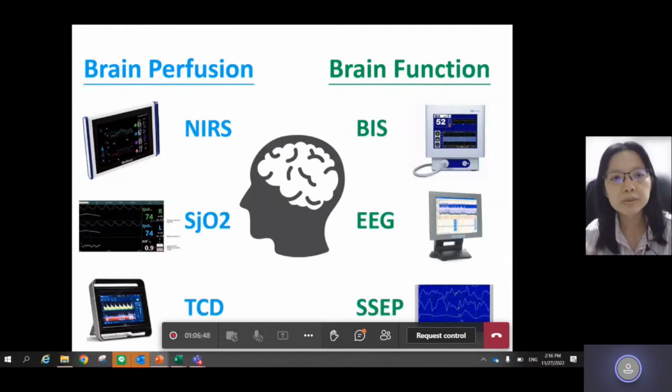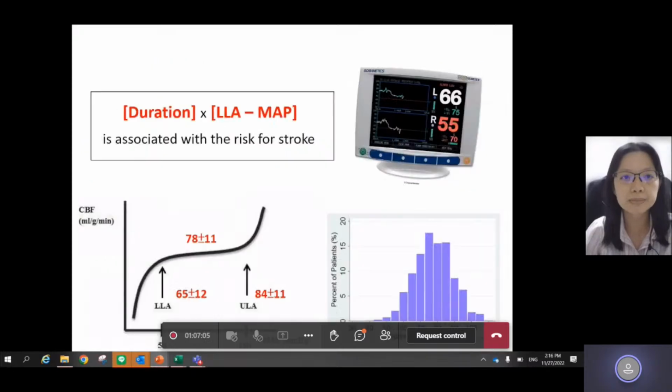But nowadays we have newer tools. We can monitor brain perfusion by near-infrared spectroscopy, SjO2 or TCD, and we can monitor the brain function by BIS, EEG or SSEP. So now we can know our brain better during the perioperative period. With the NIRS and arterial pressure, we can now calculate the autoregulation of our brain, and actually the lower limit of the autoregulation and MAP difference, and could tell the